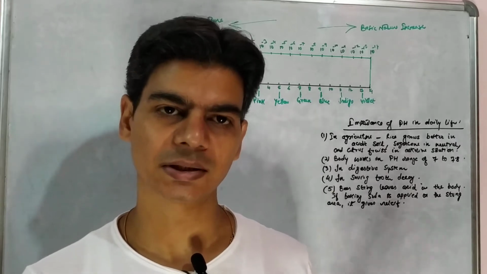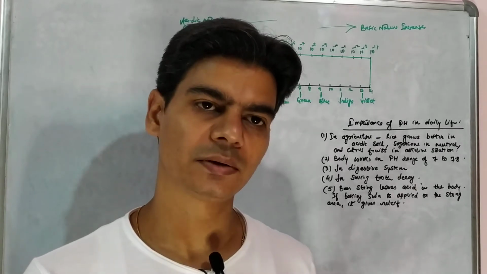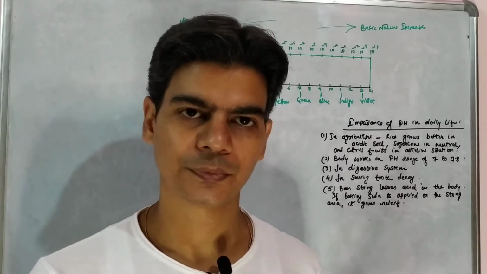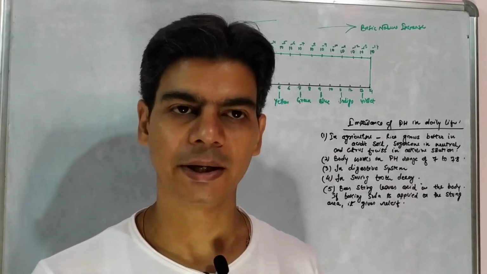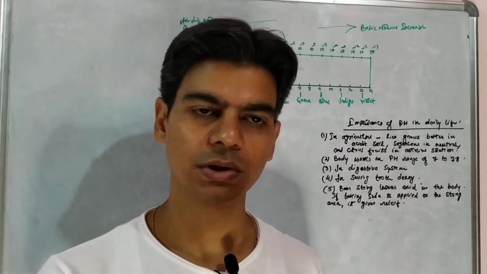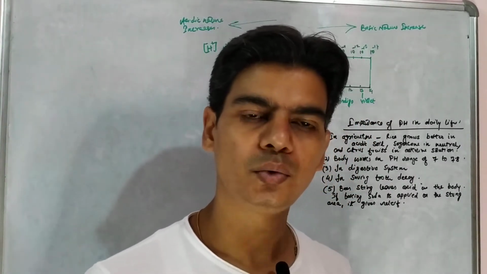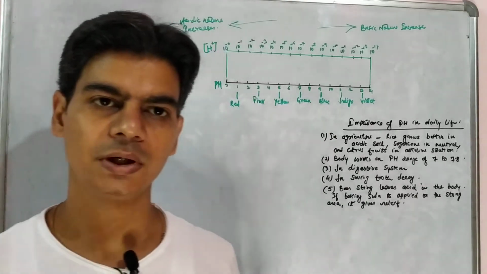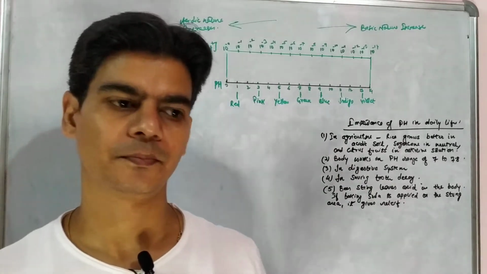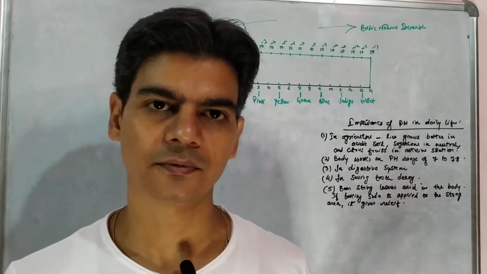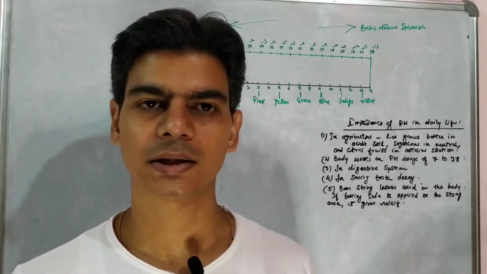Similarly is the case with the bases. Strong bases like sodium hydroxide and potassium hydroxide produce the maximum concentration of OH ions. It has more OH ions, so it's a strong base. Similarly, ammonium hydroxide is a weak base because it feebly ionizes and produces a lesser concentration of hydroxyl ions. So we have a way to test if a given solution is an acid or a base: we treat the solution with the indicators phenolphthalein solution, methyl orange, and litmus paper, and through the color change we get to know if it's an acid or a base.